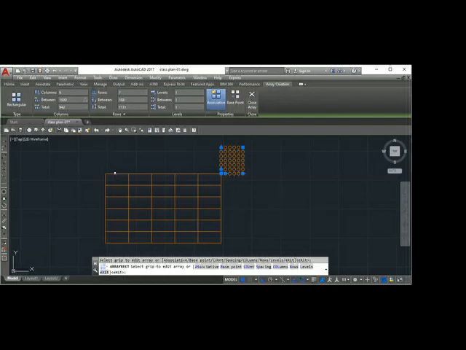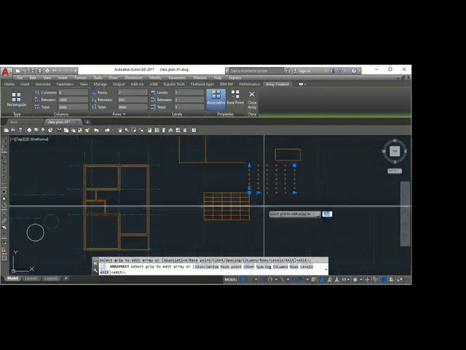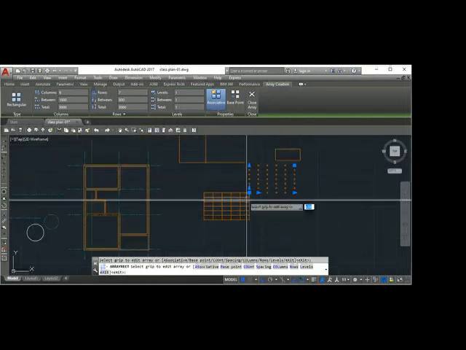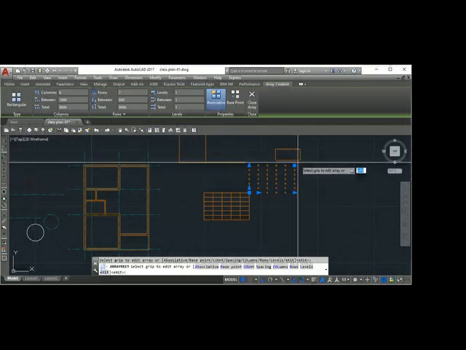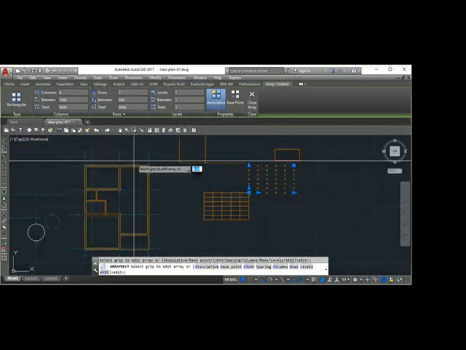Distance between rows. This distance. So I will say 500. Okay. So this is the one. This is the only total distance. Don't worry about that. See, if I press enter now, what happens? It copied opposite direction. We want to offset this direction, but it copied opposite direction. Correct? So we'll undo this.